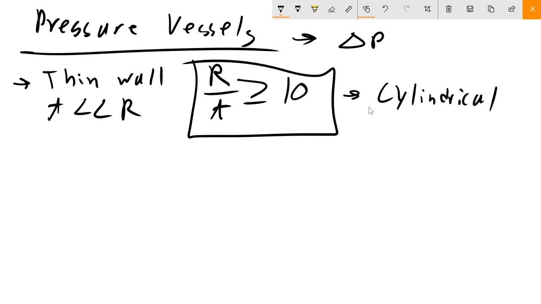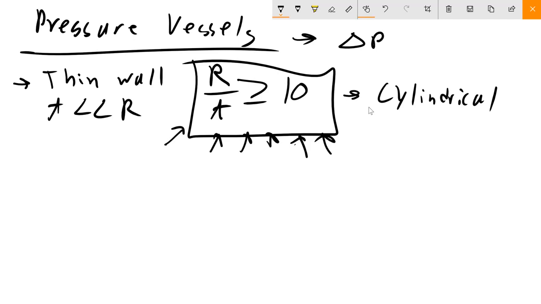First things first, all of this holds only when this condition is met. So whenever you're dealing with the problems, if you hear radius, diameter, and thickness, check and see, are we thin-walled first? If we're not, we'll talk about how we deal with that at another point. But that's going to be your scenario here.